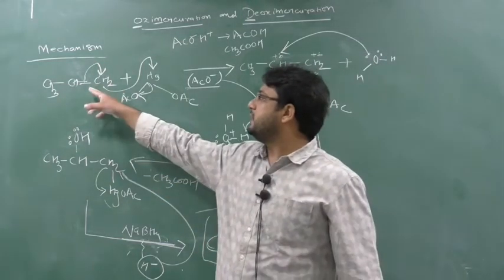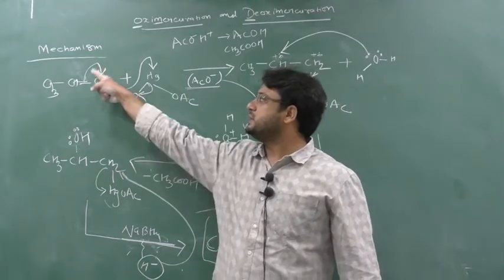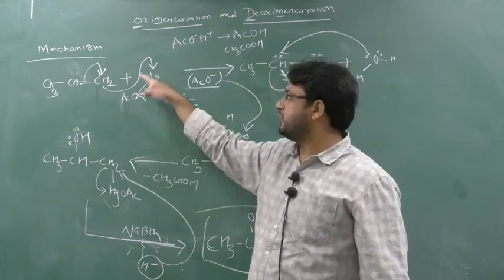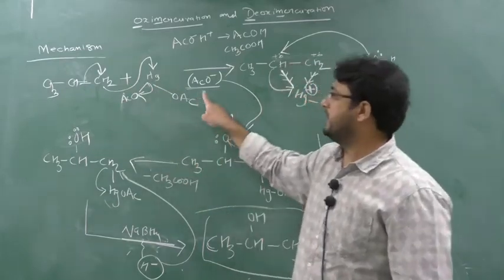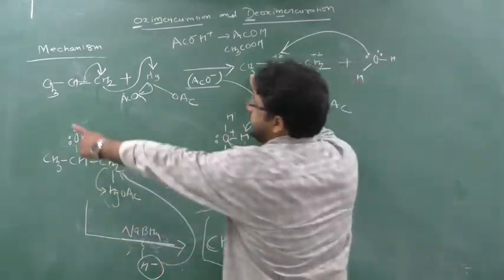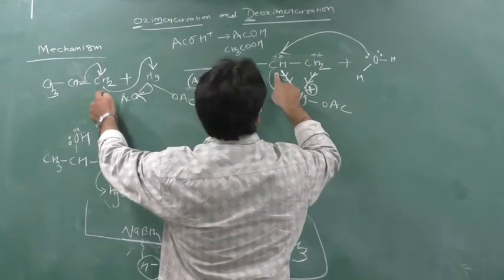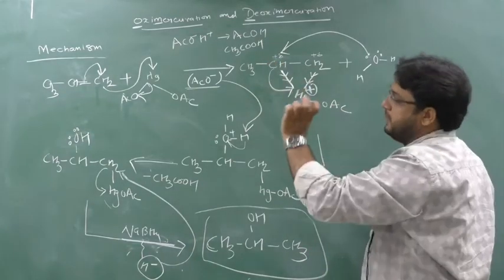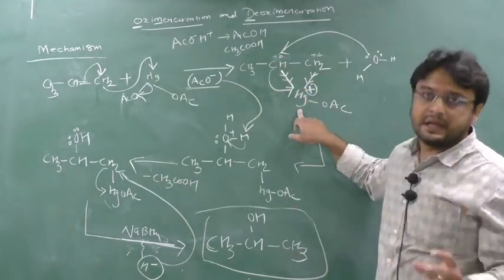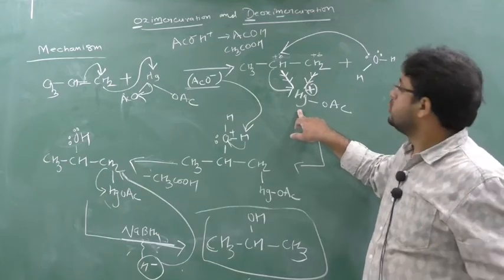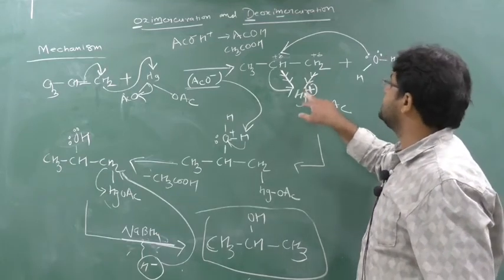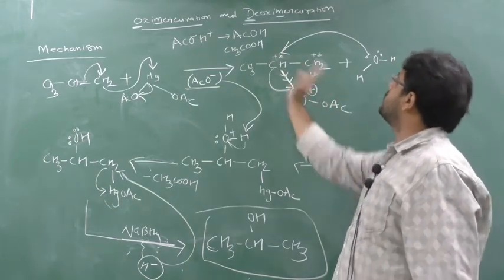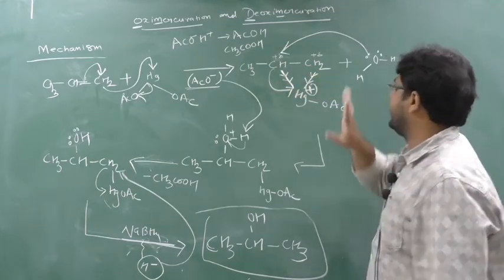In the first step, what will happen here, the cleavage takes place in this place. Why in this way? To create the 2 degree carbocation. This CH2 will make a bond with Hg. So Hg is making new bonds, so old bonds are broken, and AcO minus will be removed. So it will form CH3, this CH and this CH2 reacting with this Hg and OAc. Here partially positive charge will be blinking, but Hg is a higher metal, so it will have the maximum number of electrons. As this CH is having the positive charge, this Hg will give its extra electron to this CH and it will form one cyclic complex.